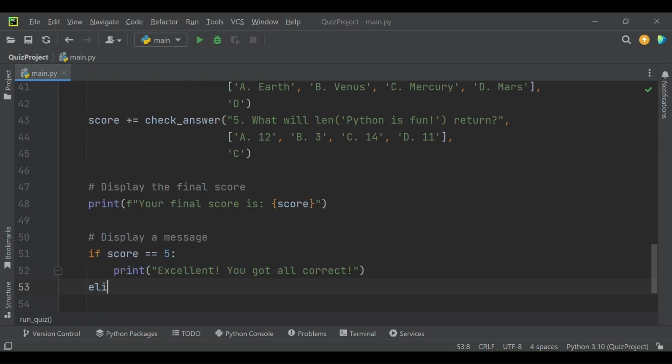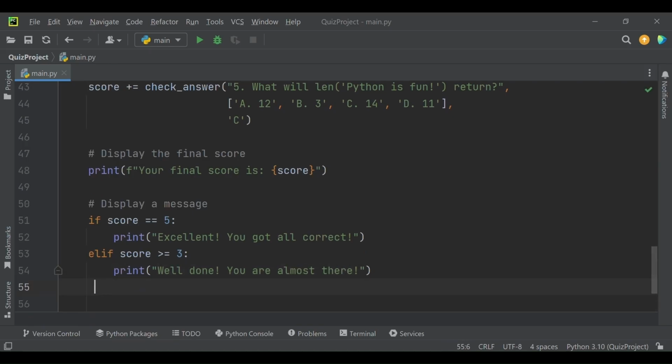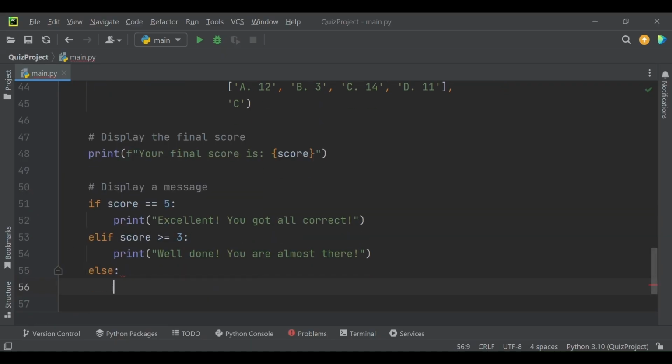Otherwise, if the score is less than 5 but greater than or equal to 3, then we will display well done, you are almost there. And if the score is less than 3, then we will display you need more practice, better luck next time.